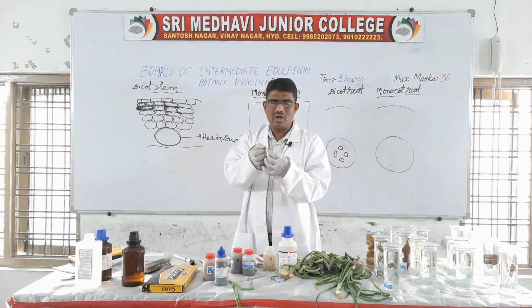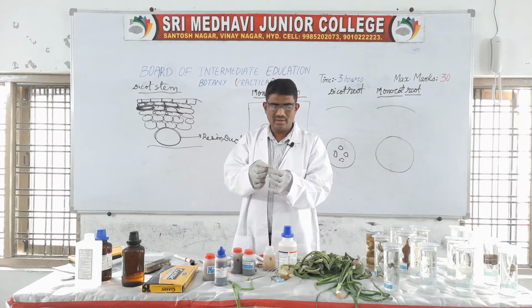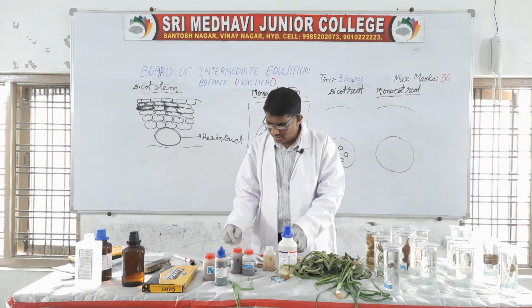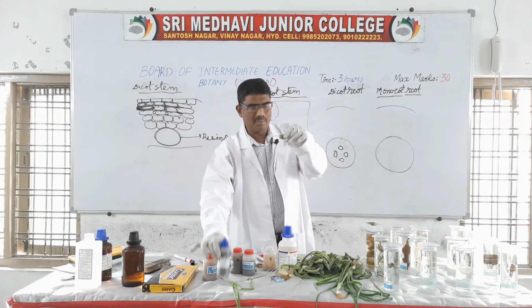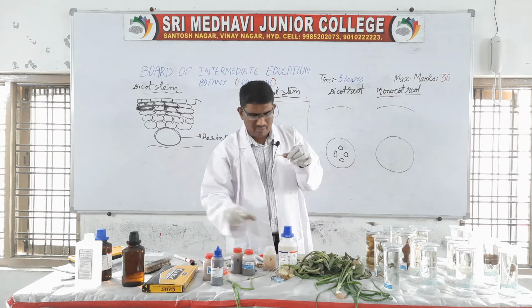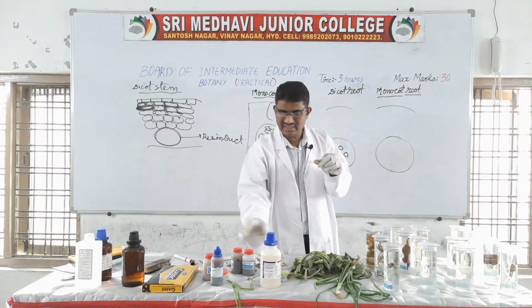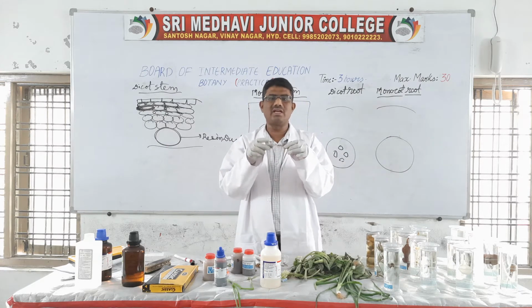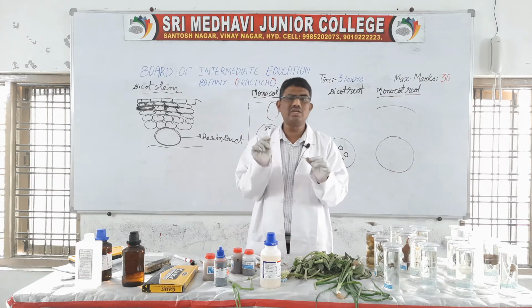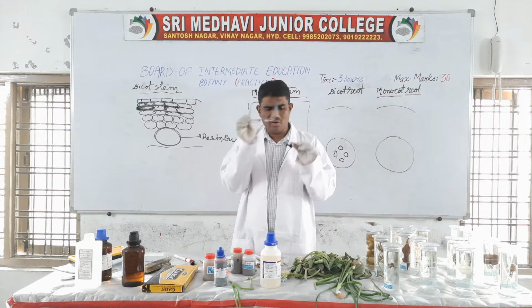Within your hands, you have to cut like this, moving it on the finger. When we take this section, you place it on the slide and pour 1 drop of safranin and 1 drop of glycerin, and cover it. The safranin is useful for staining purposes. Glycerin is useful so that it does not dry within the 3 hours. They are useful for non-drying purposes.